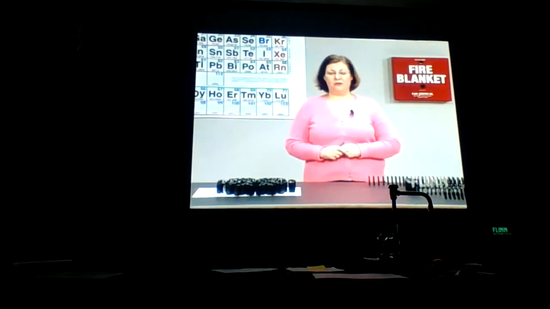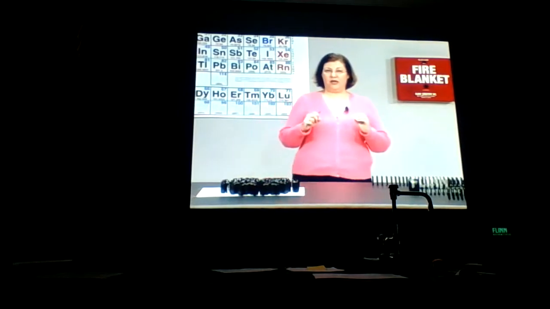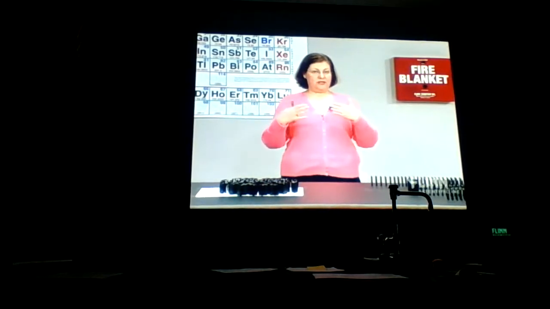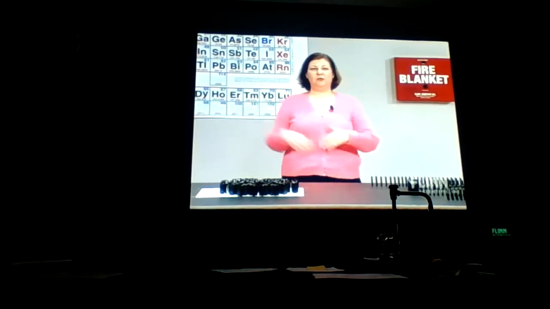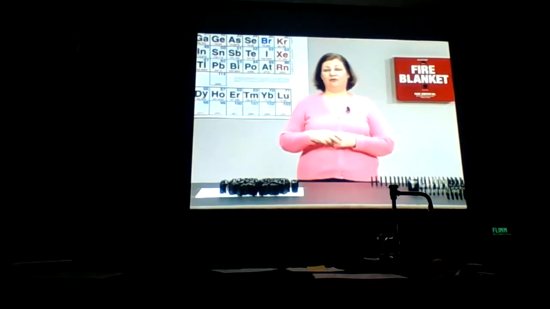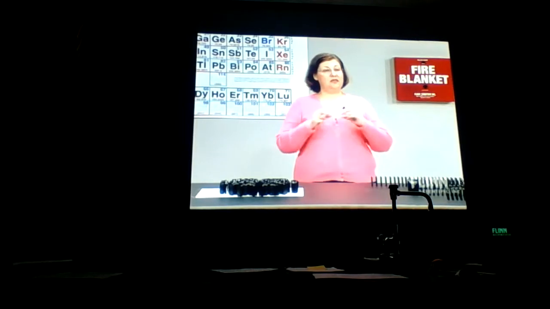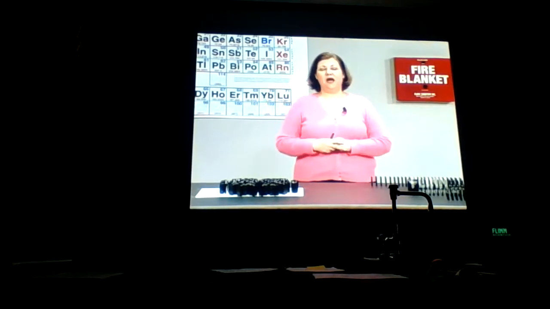And so we're going to demonstrate two different things here today. We're going to demonstrate a chain reaction, but basically two ways. Now, usually when you think of a chain reaction, you know, it starts and then it keeps on going. It's self-sustaining. But when you're talking about nuclear fission, which is the splitting apart of a very large nucleus into smaller nuclei, the chain reaction can be of several different types.